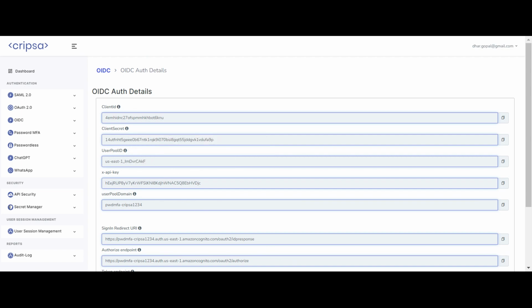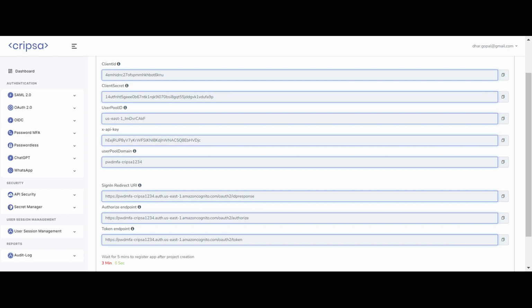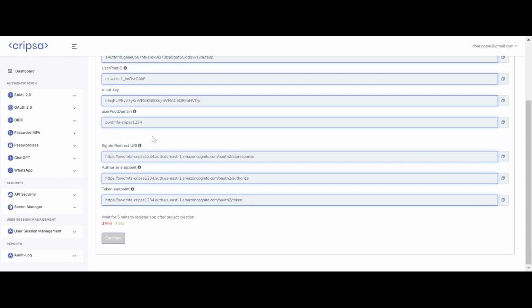Then the X API key, which provides secure access to Cripsa's APIs, and the user pool domain, which is the unique domain name associated with an Amazon Cognito user pool. Unlike SAML 2.0, where you are getting ACS and service provider identity details, here you will be getting sign in redirect URI, which is where the user will be redirected to after they successfully sign in with the identity provider. And then the authorize endpoint, which is a URL provided by the identity provider where the authorization request for the authentication flow is initiated, and then the token endpoint. So it's again a URL provided by the identity provider where your application can send a request to exchange an